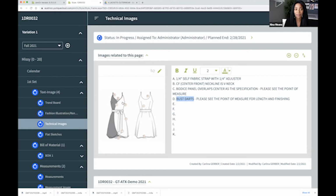But this is a dart. And so one indication is that there's no descriptor on it, so there's nothing that's calling that out as a specific thing. However, I do call these out from time to time. If I've gotten really stylized in my gathers around the waist, I tell them that this is natural from the tie,